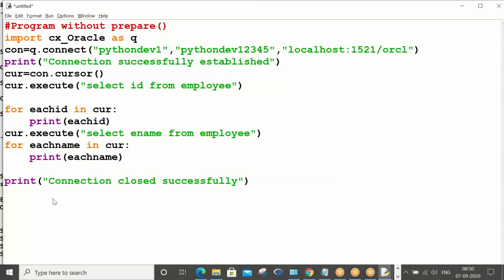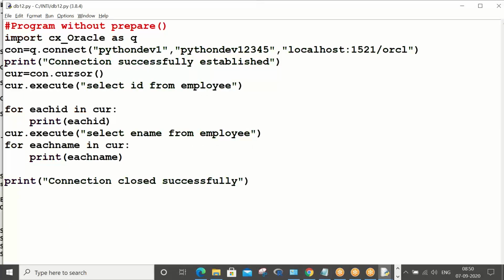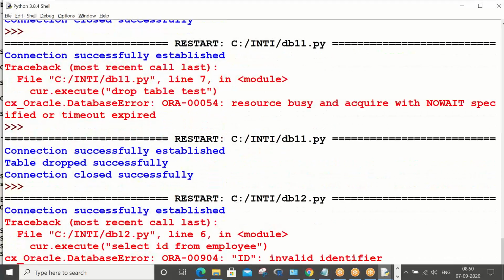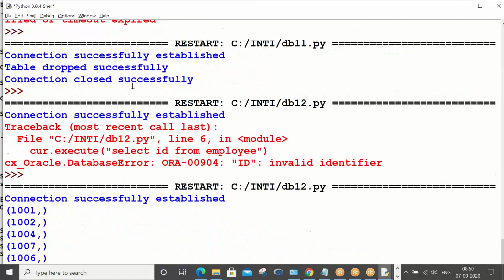Control S, then F5. Invalid identifier: it should be select eid, not id. Control S, F5.